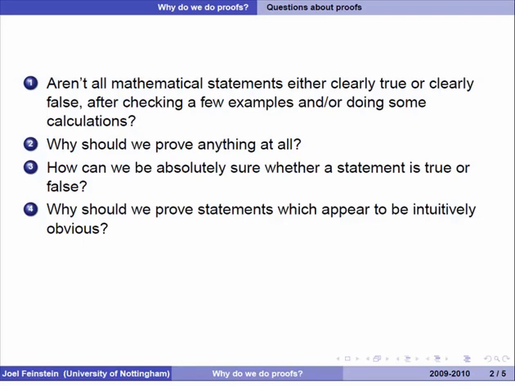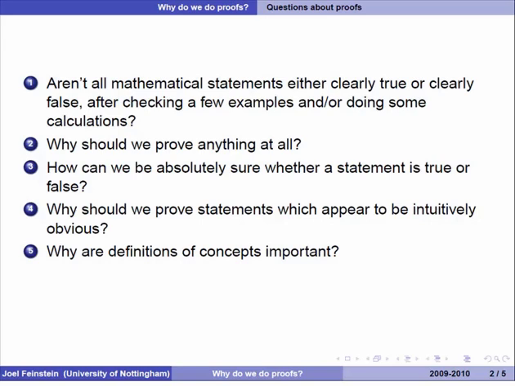What about if something is intuitively obvious? You've got a pretty good idea what a continuous function is. What about this intermediate value theorem that a continuous function can't jump over some value? If a continuous function defined on an interval takes a couple of values, it must take every value in between. Why should you have to prove a statement like that? Because it's intuitively obvious. You couldn't possibly miss anything out when you join the 2 points on the graph. Well, I'll have something to say about that, and there'll be more as we go through the module mathematical analysis.